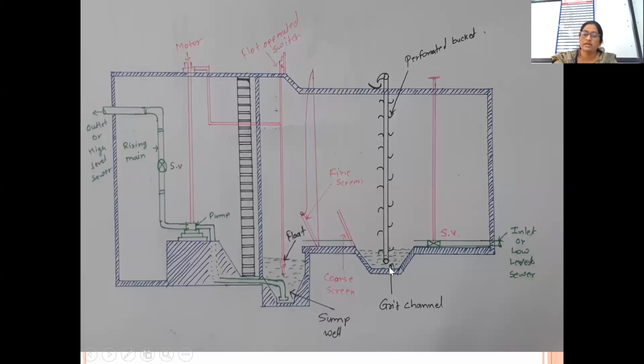Okay, so it will be collected into this deep tank, and it will be lower level than the inlet pipe. And again, here is the provision made to remove the grit entered into this grit channel. How can it be removed? So this is a chain provided over here. What it will do is keep on rotating in a continuous motion like this. So while doing the movements, it will be collecting.